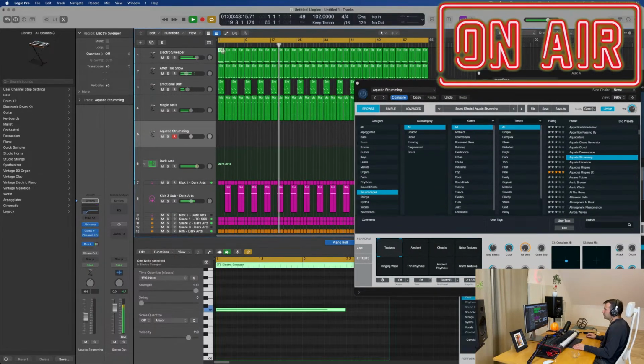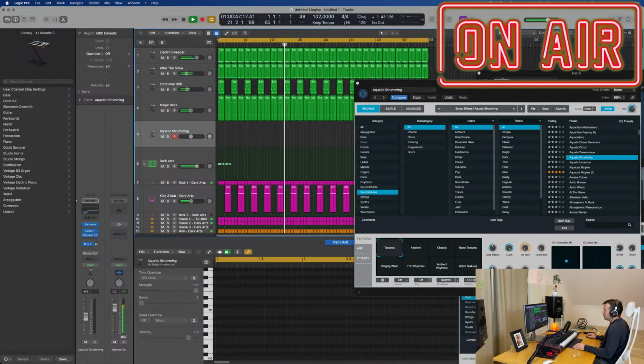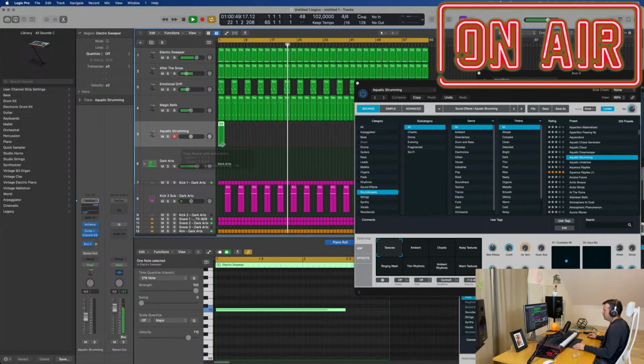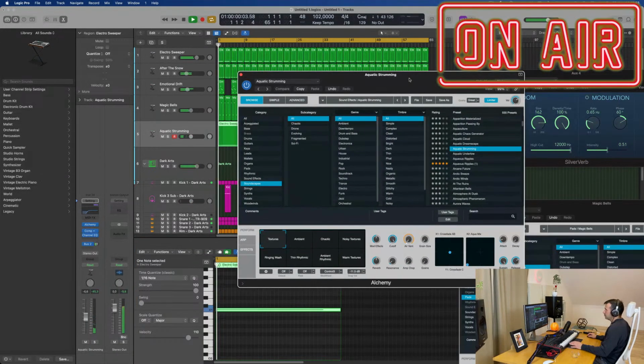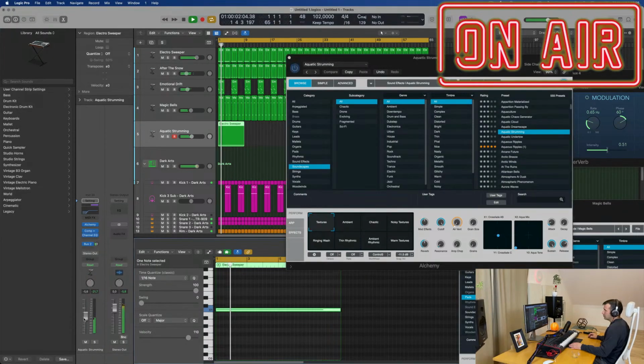I'm gonna use the root key, just not to have to compose anything. I just want the soundscapey kind of thing. I'm gonna make it long. You can see already this one. Know what I mean?